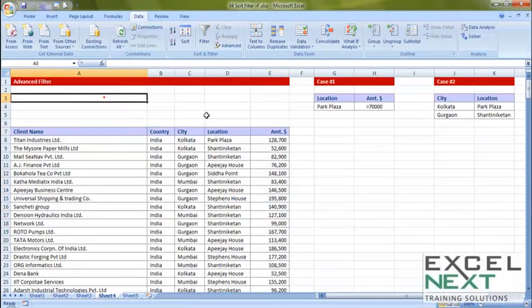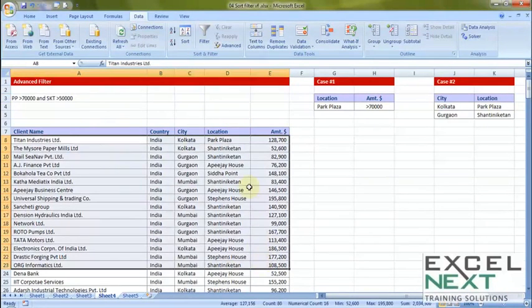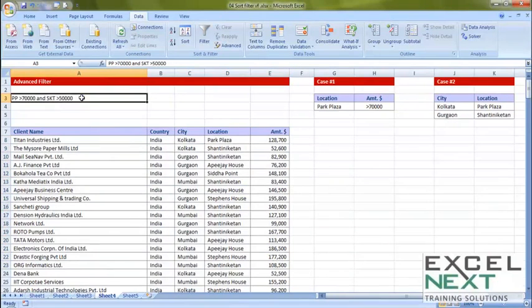Now we ended last session with a question which was Park Plaza more than $70,000, and not just that, I also want Shantiniketan, just writing the abbreviation, Shantiniketan more than $50,000. That means I want this list, the entire database, to be showing me only those names which are falling under